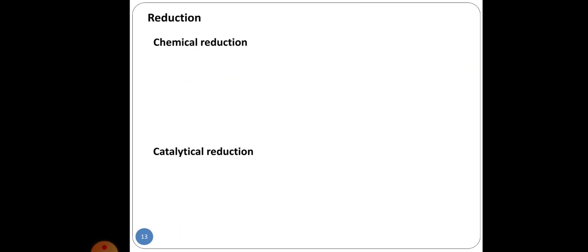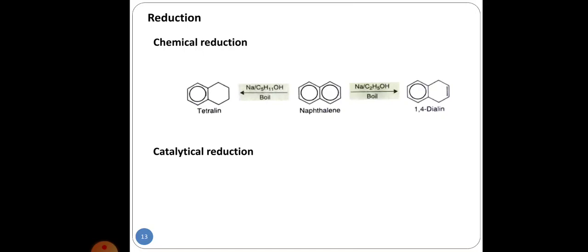Here are some additional reactions, that is reduction and oxidation type of reactions. In that, first we will see the reduction reactions in case of naphthalene. In the reduction reaction, we have the normal chemical reduction reaction as well as catalytic reduction reaction. Coming to the first, the chemical reduction reaction. Naphthalene undergoes reduction more readily than benzene. With sodium and ethyl alcohol, it gives